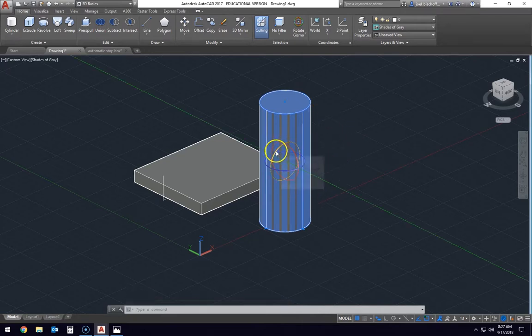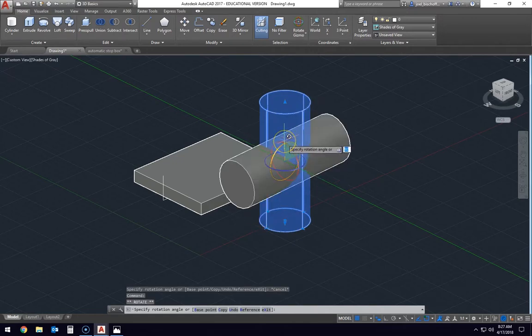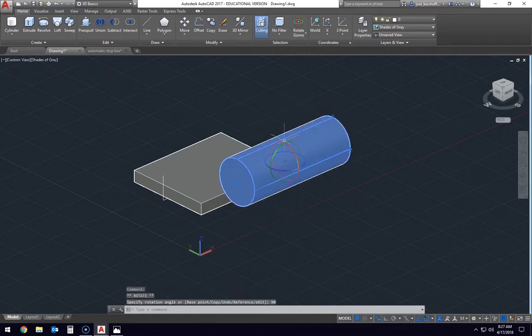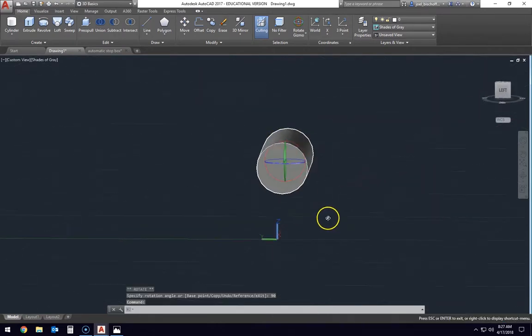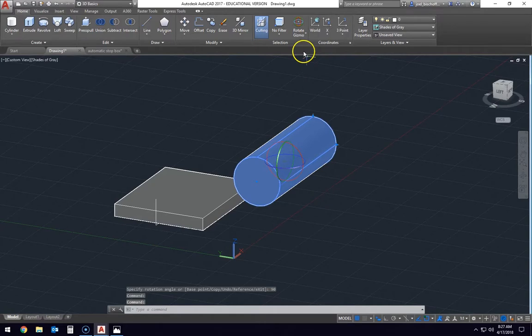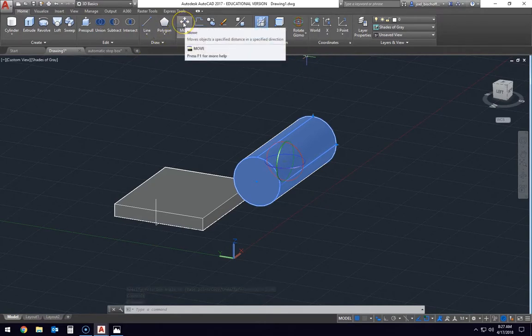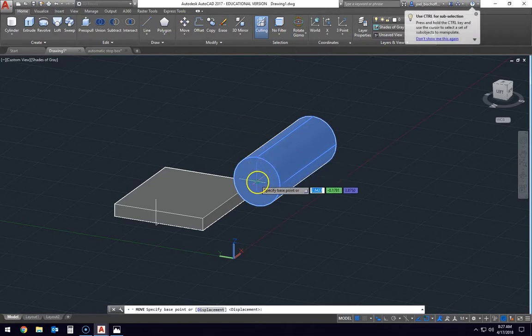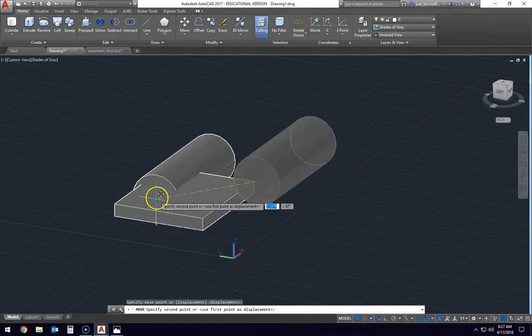So I'm going to pick the green one, and I'm going to rotate this direction 90 degrees. And now that I have the cylinder rotated that way, now I can move it. I'm not going to use the move gizmo, but I'll use the move tool here and specify my base point, which is the center of the cylinder on this end, and then specify where I want it to go, which